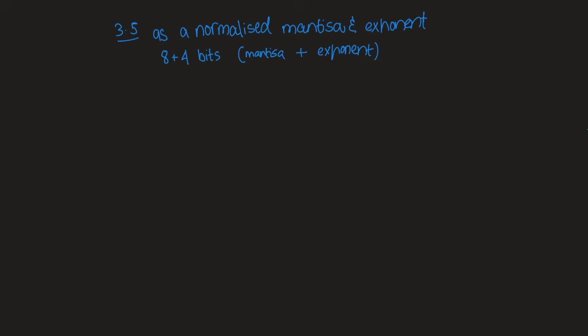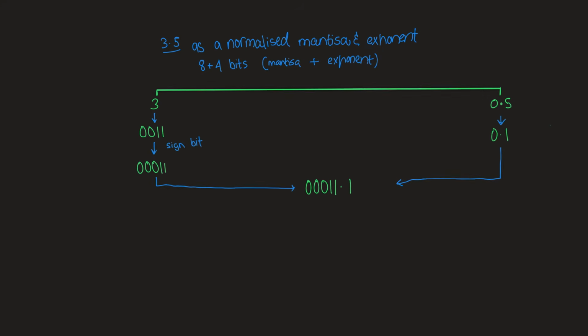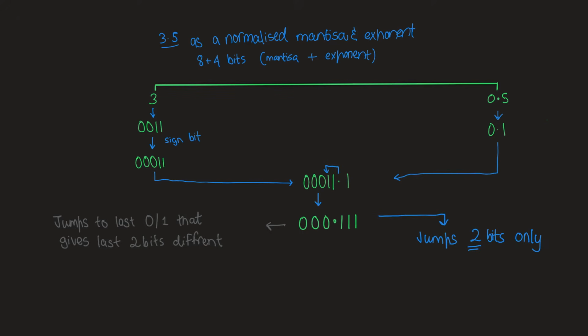We will be showing 3.5 as a normalized mantissa and exponent with 8 bits for the mantissa and 4 for the exponent. Let's begin by normally converting. We convert 3 into binary, then we add the sign bit to it, then we convert 0.5 into binary, and then join these two numbers. We get 0011.1. Now instead of jumping the dot to the last bit, in normalization it jumps to the last 0 or 1 that will give the last two bits to be different. So in this case, it will only jump 2 bits, making 2 our exponent